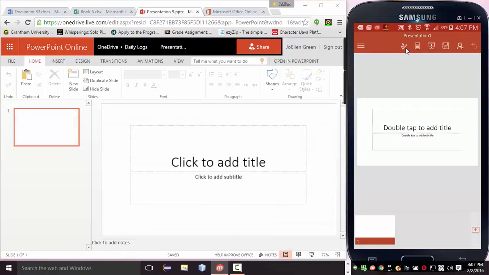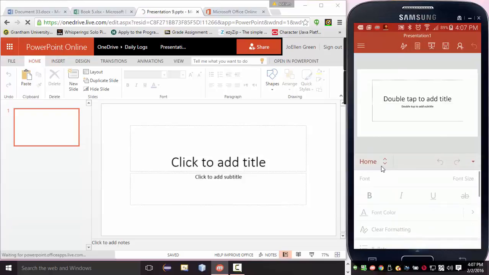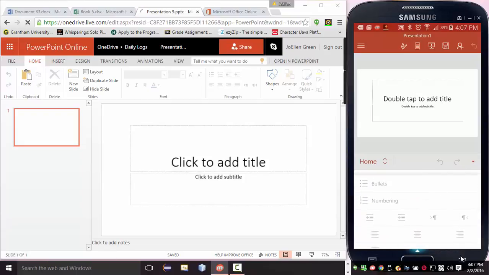If I look at here, let's go to the Home tab. We have here the formatting options, the bulleted list, and the alignments, similar to what's in here, the paragraph, justification, text rotation,